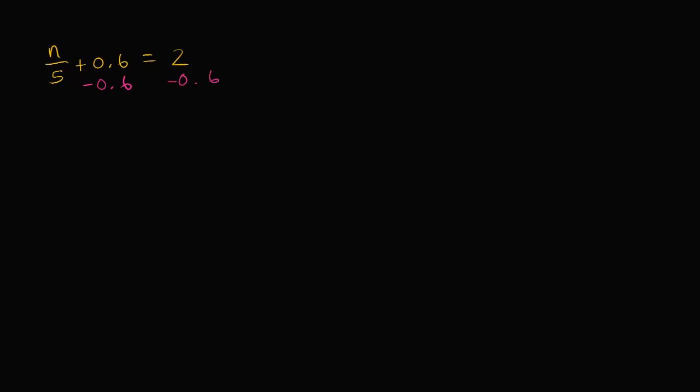So subtract 0.6. Now on the left-hand side, I'm just going to be left with n over 5. And on the right-hand side, 2 minus 0.6, that's going to be 1.4. And if you don't want to do this in your head, you could work this out separately. It's going to be 2.0 minus 0.6. You could say, oh, this is 20 tenths minus 6 tenths, which is going to be 14 tenths,